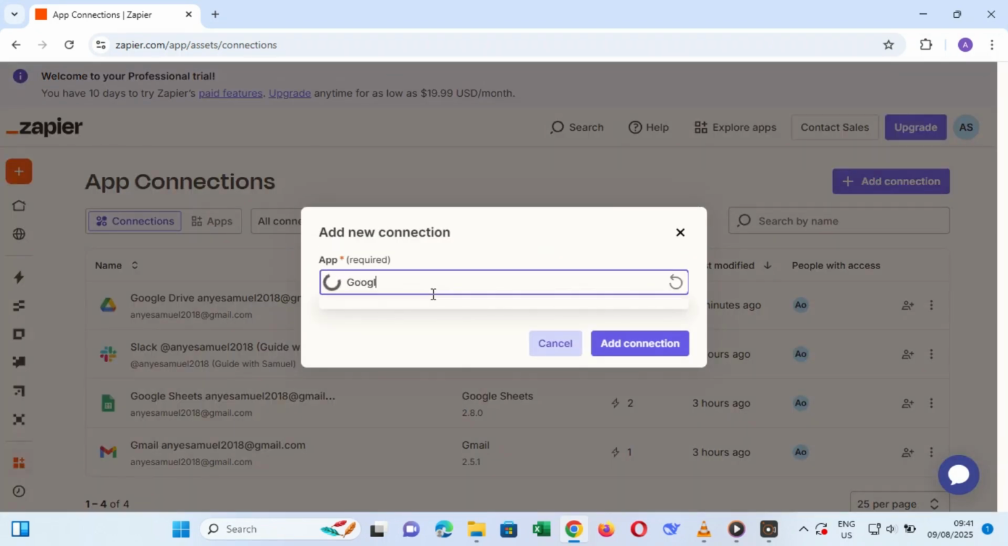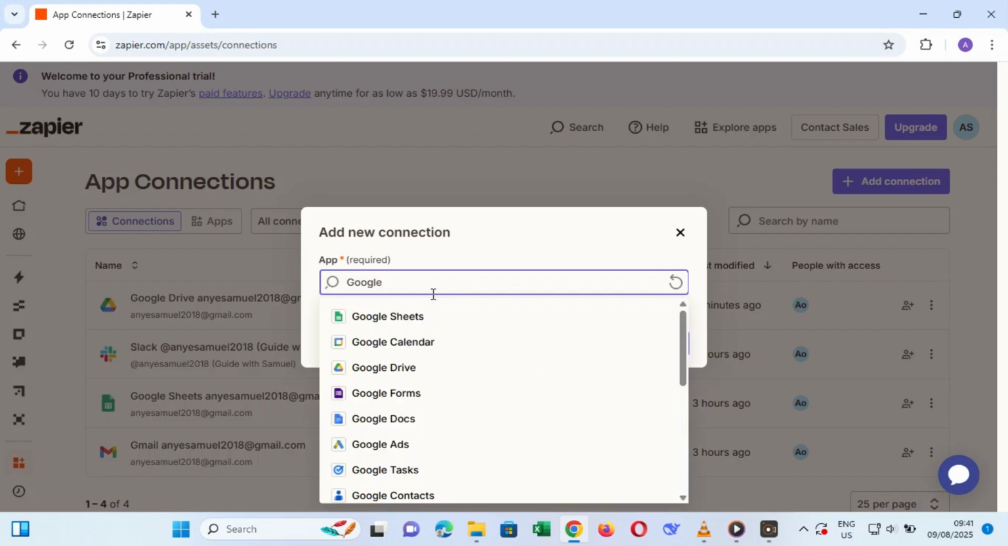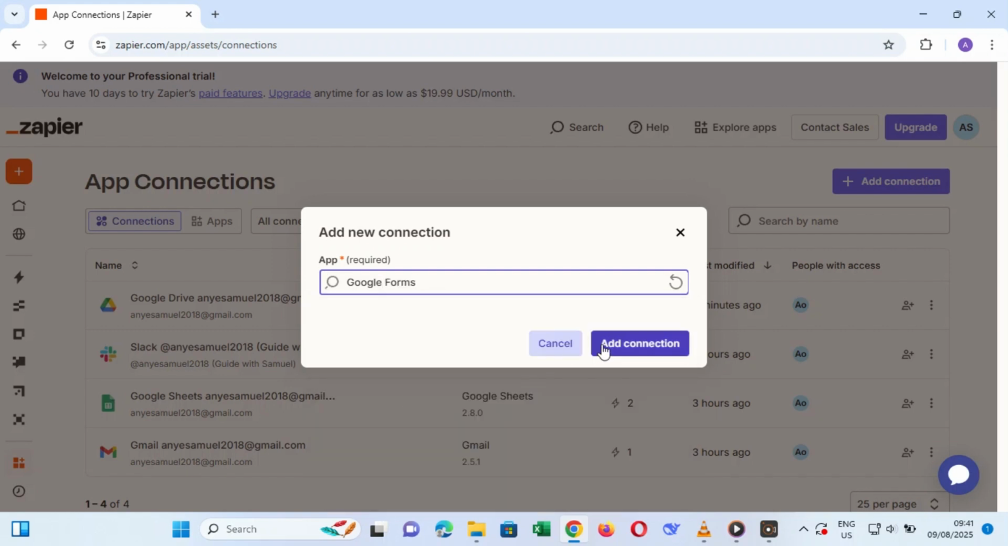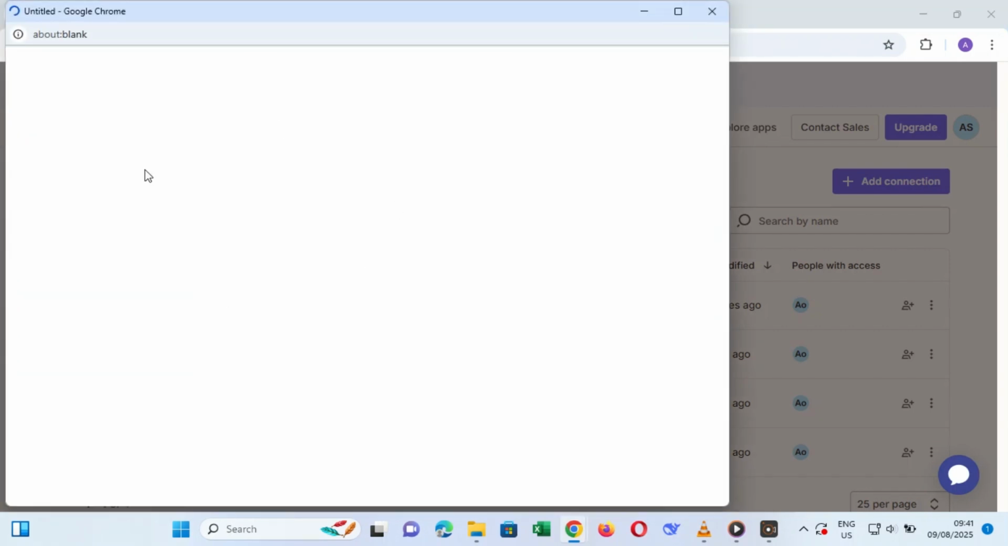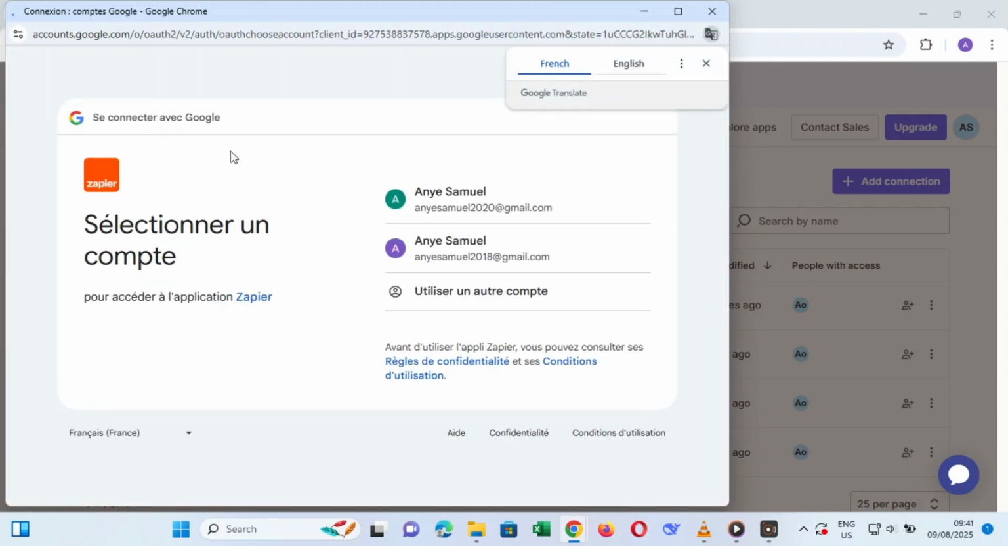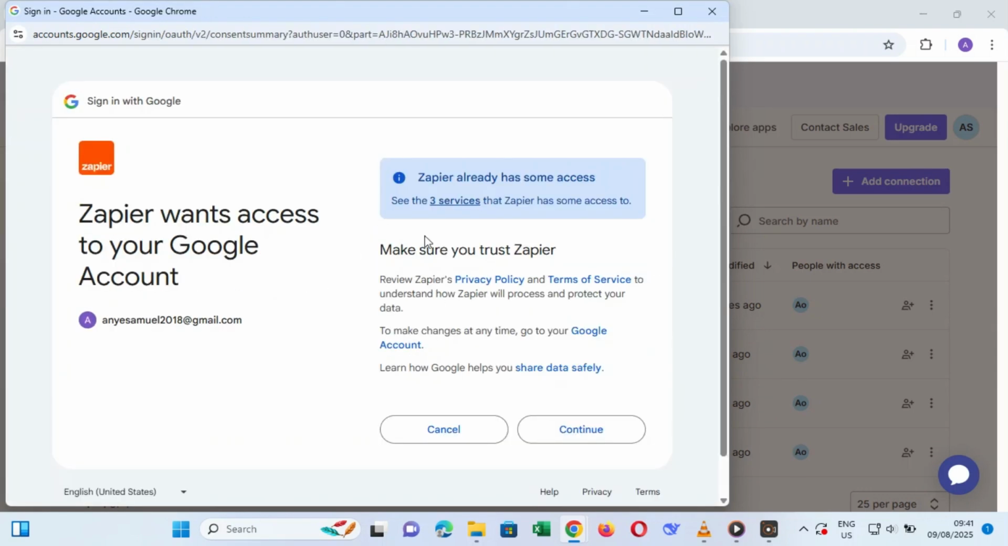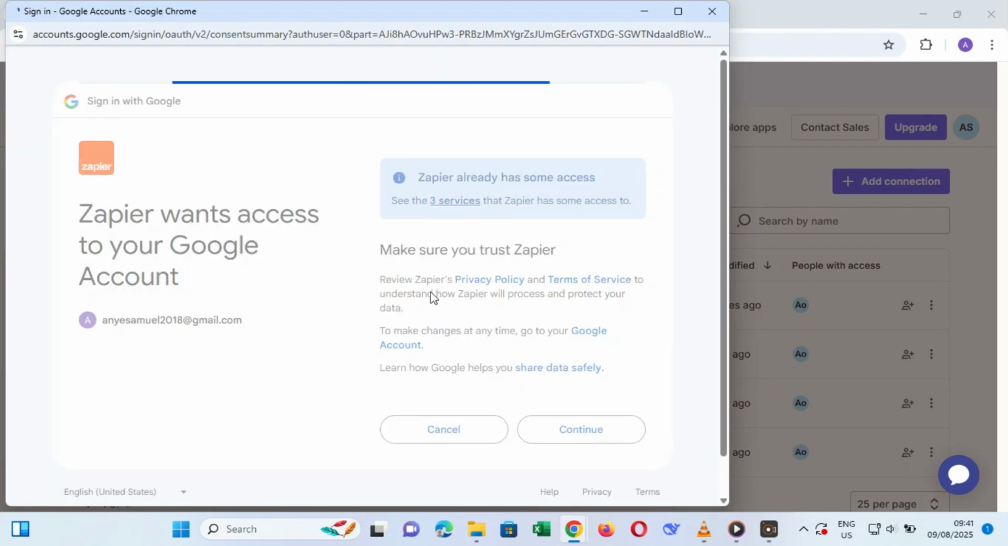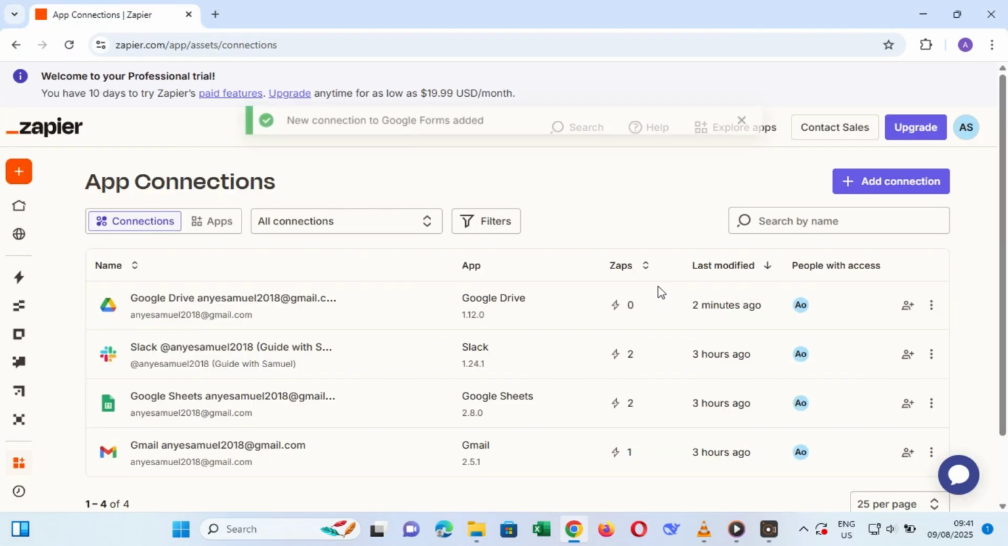Zapier will prompt you to sign in to your Google account and request permission to access your forms. Grant access to continue. Once connected, you can use Google Forms as a trigger in your Zaps. For example, when someone submits a form response, Zapier can automatically send a thank you email or add the data